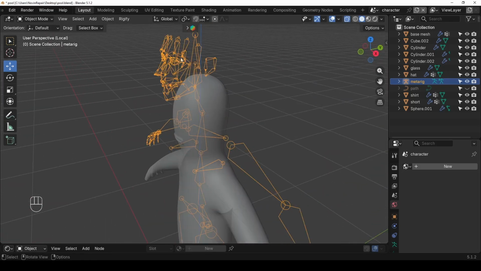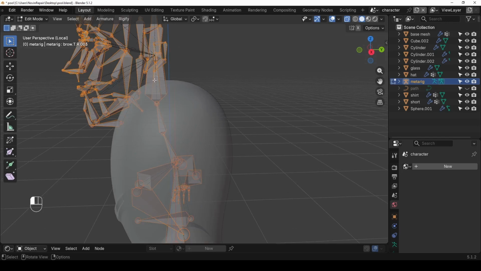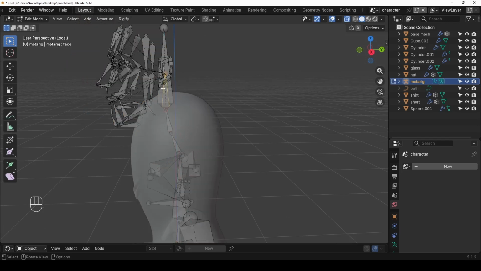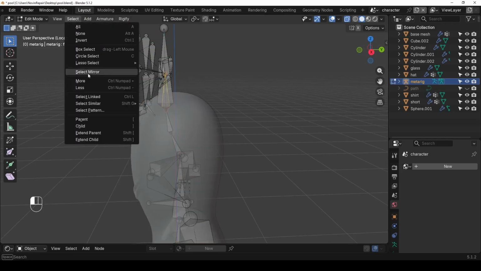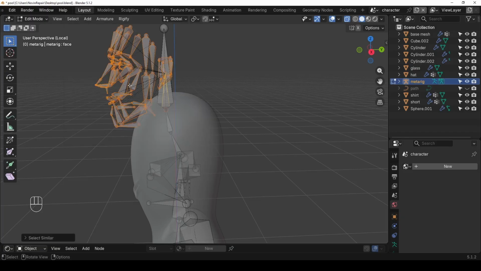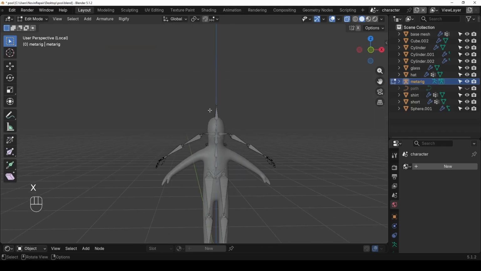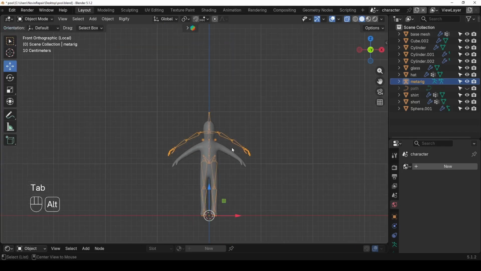I don't need these facial bones, so I go inside edit mode, and this big bone is the head bone, and inside the head bone there's a little bone here that I can select, and then select similar, which is Shift G as a shortcut, and then children to select all those facial bones, and X bones to get rid of them. Now I can scale it down,